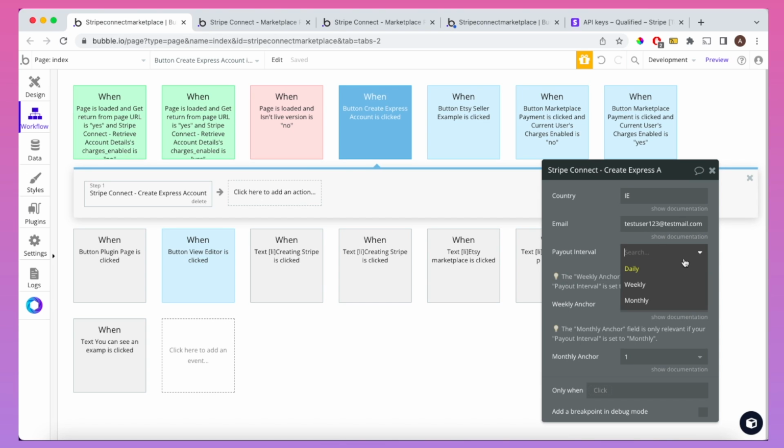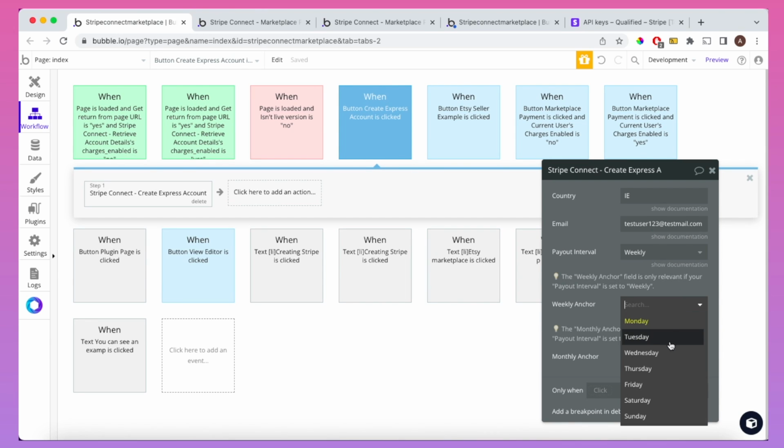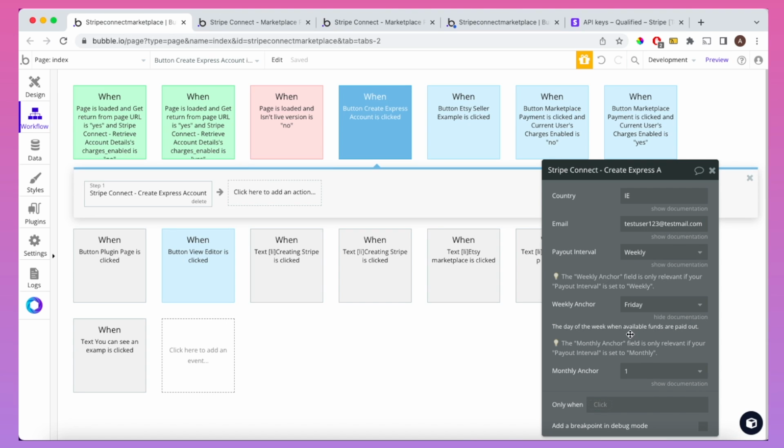If we change the payout interval to weekly, the user or merchant is actually going to receive their funds on a rolling weekly basis. And if we do choose weekly, we're also going to need to set a weekly anchor. This is a specific day of the week that the user will receive the funds. You can see here I've set Friday as a weekly anchor, which means that the user will receive their funds